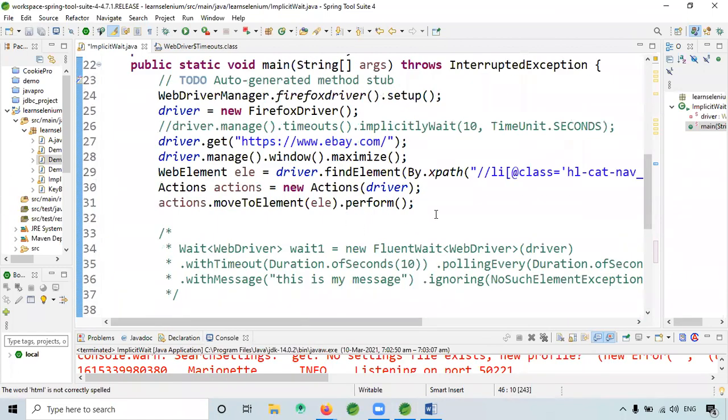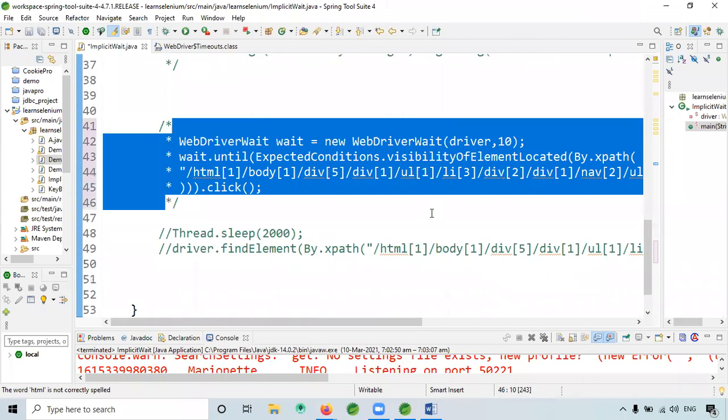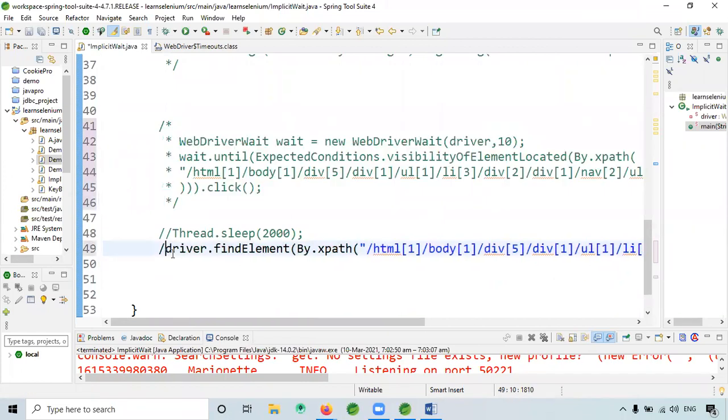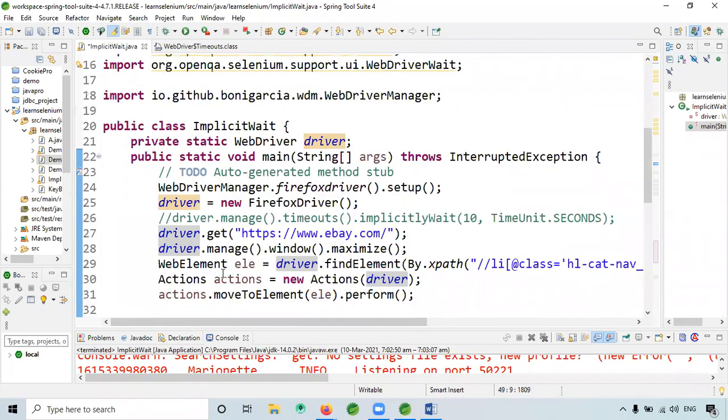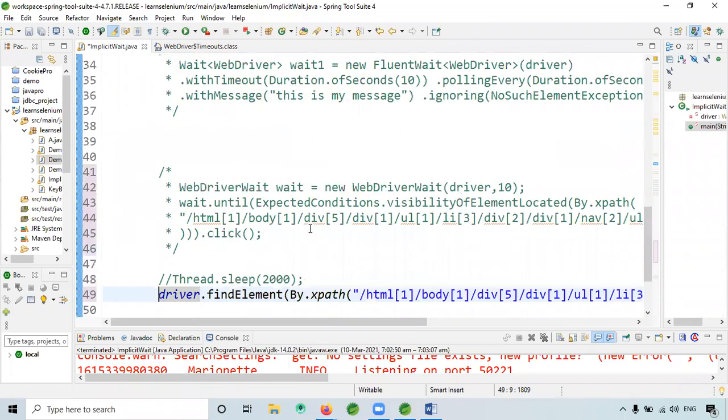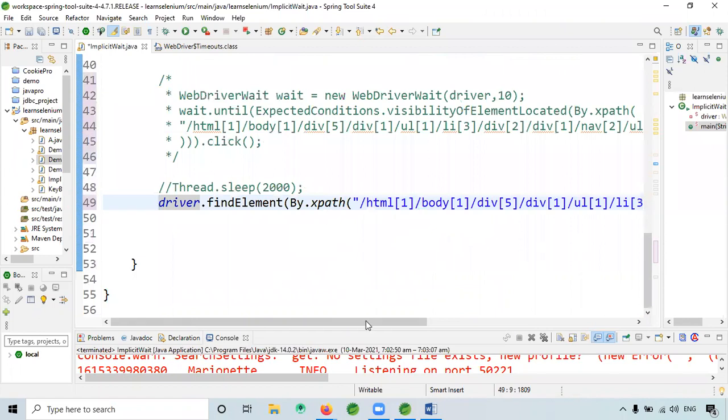Then we'll try with Firefox. I think yesterday I was working with Chrome, maybe. So that is what we'll check now.